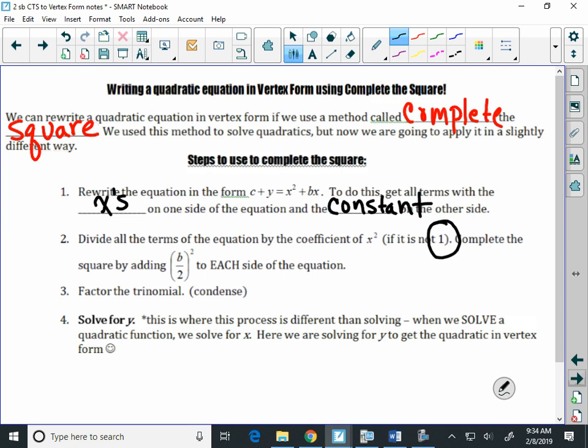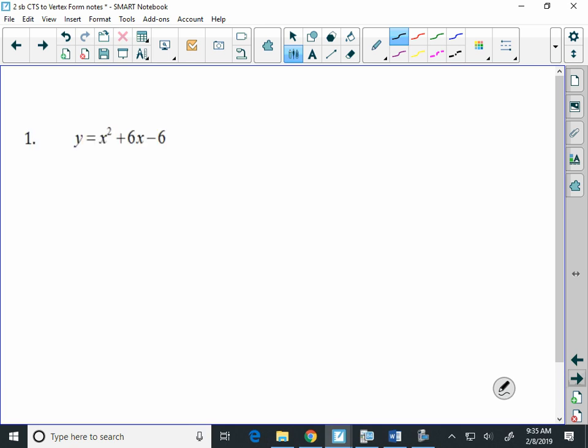So our next step is complete the square by adding b divided by 2 squared to each side of the equation. Nothing new. We're going to factor the trinomial and then we're going to condense. And then lastly, solve for y. This process is different from solving because when we're solving, we're trying to figure out what does x equal. But now what we're trying to come up with is, what is the equation? So let's see how we do that with the example here beside